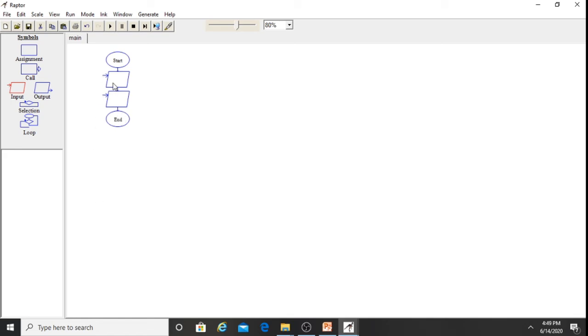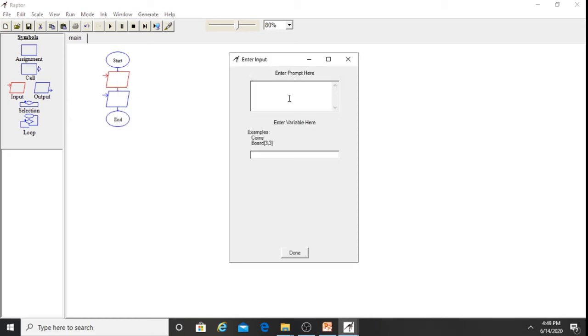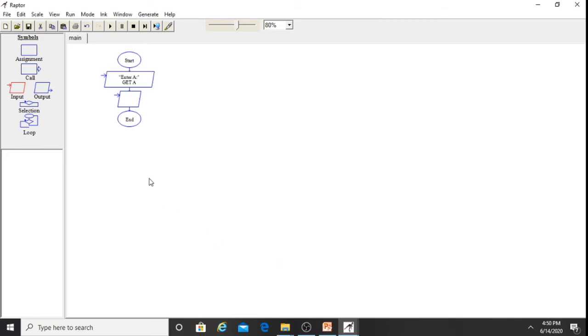Now click on the first input box, right click on it, then go for the edit option. What prompt are you expecting? Type in double quotes "Enter A", and where to store the entered value? In A. Done.